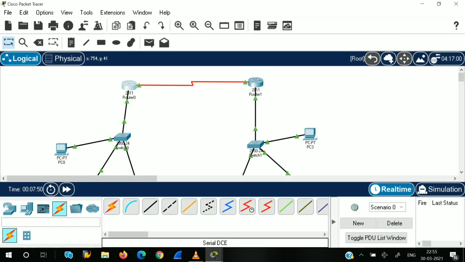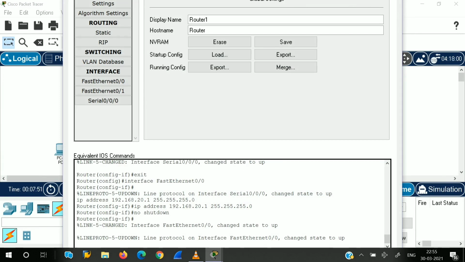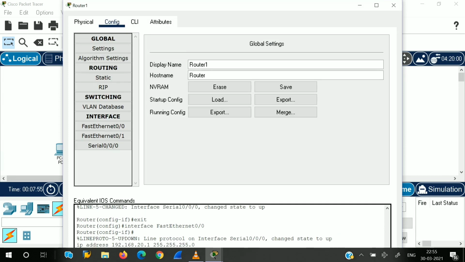Exit. Now close this and go to router 1.